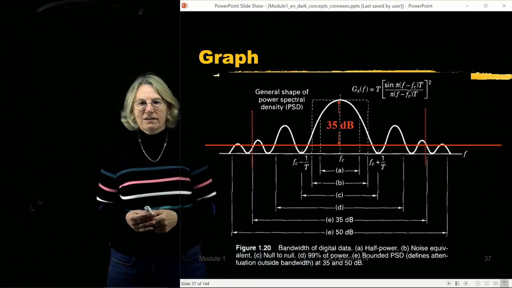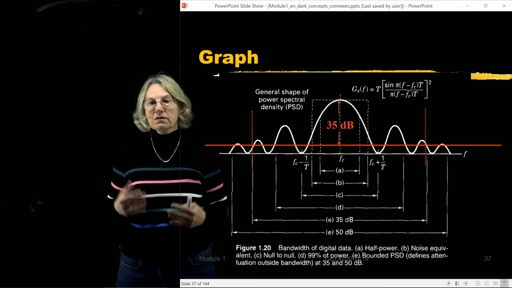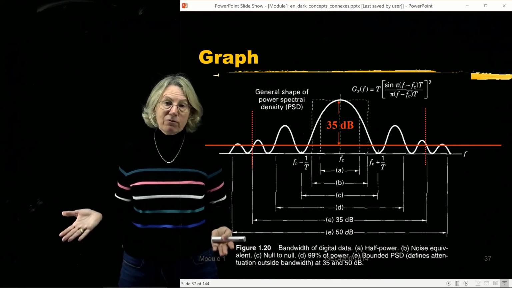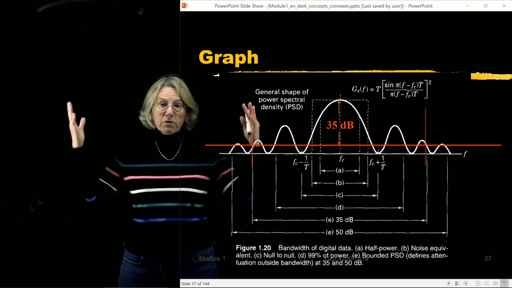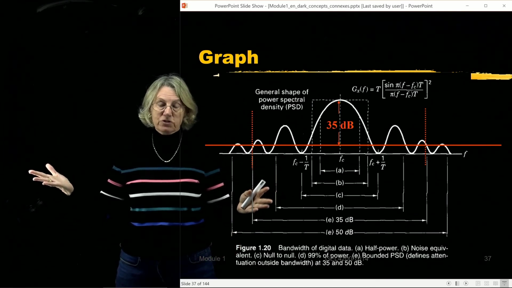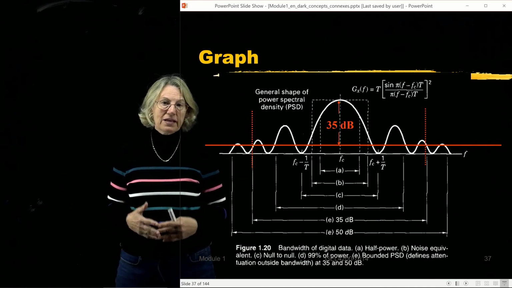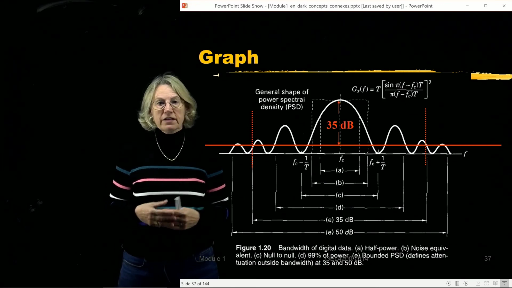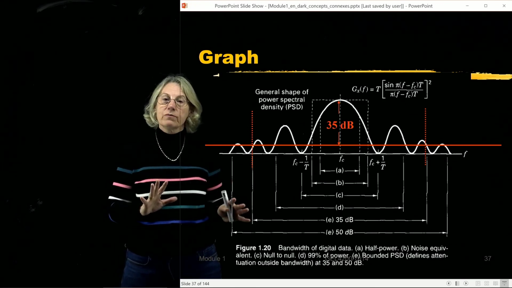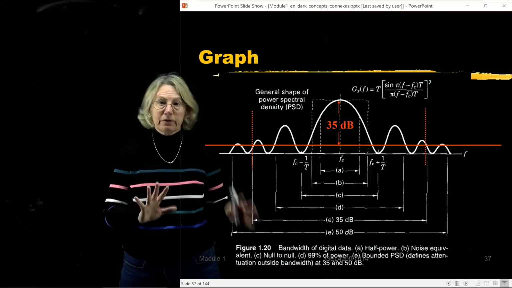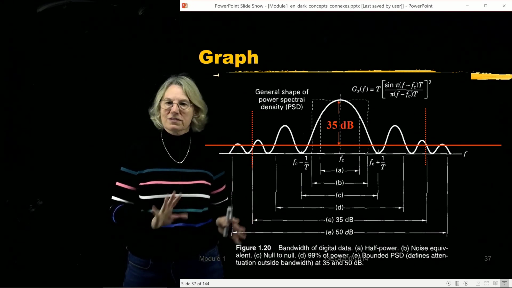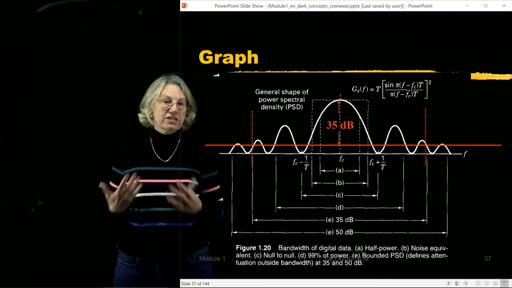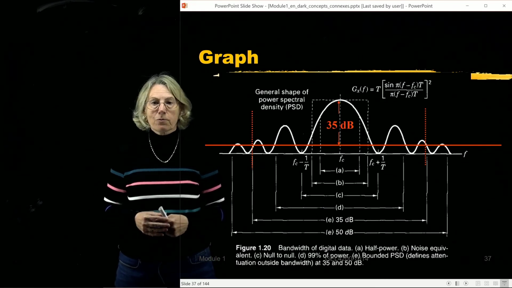That determines that bandwidth. So the takeaway from this plot is that each one of these definitions of bandwidth gives a different number. So which number is the right number? Well, there is no right number. There's just different definitions. And depending on your system, one of the definitions may be more useful to you. So it's just important that I think early on we know this about when you're going to be reading spec sheets or when you're going to be working with systems, that there are different definitions and that you should make sure that you understand which definition you're using and that it is indeed the most appropriate for the situation.